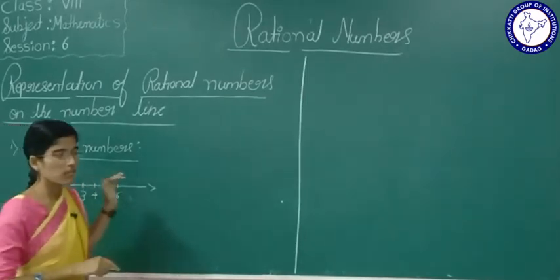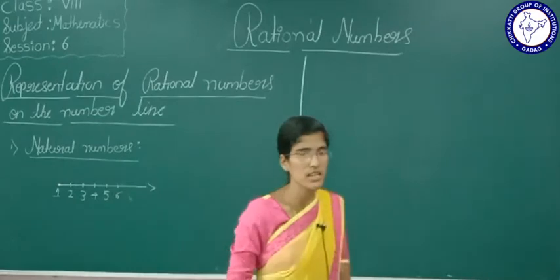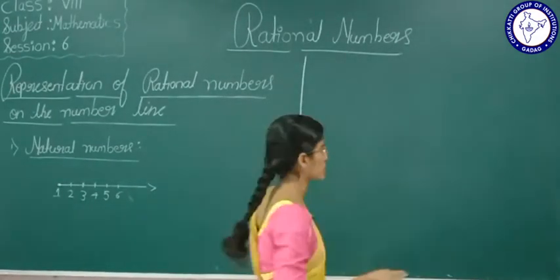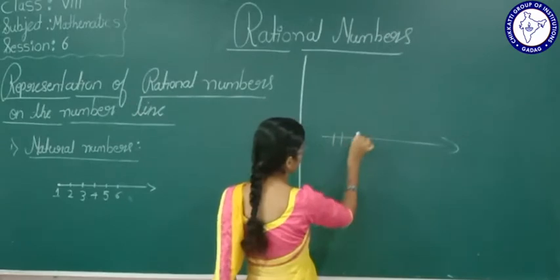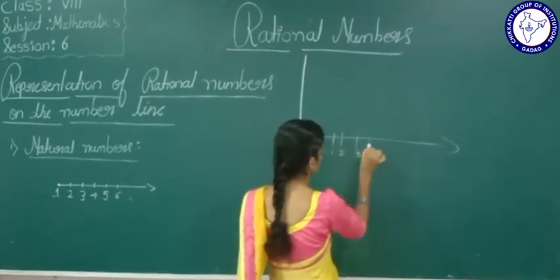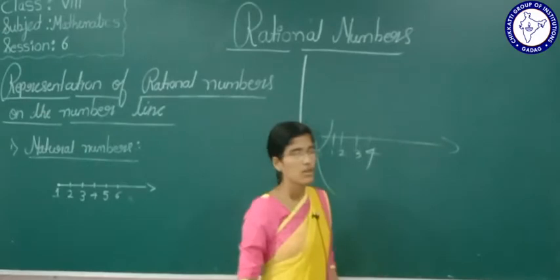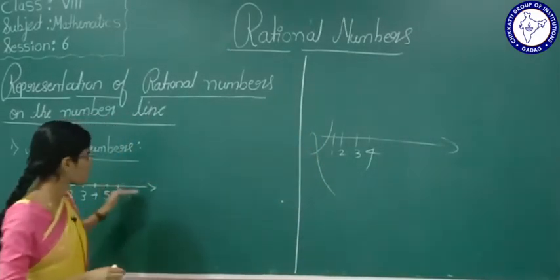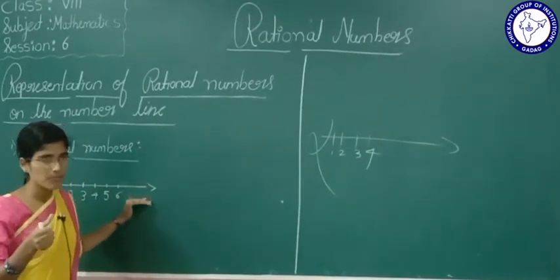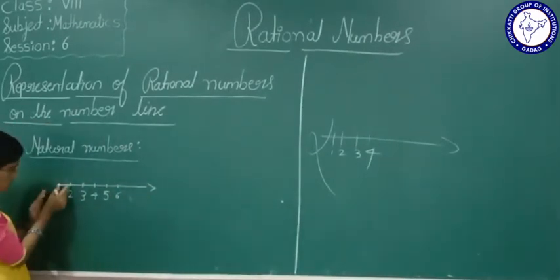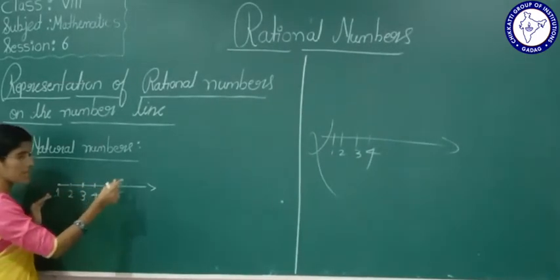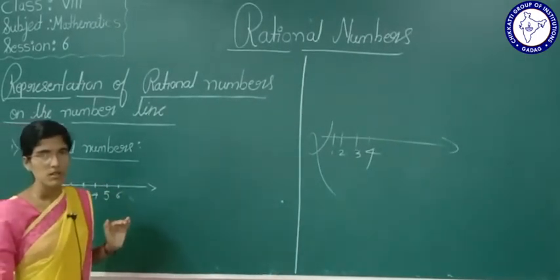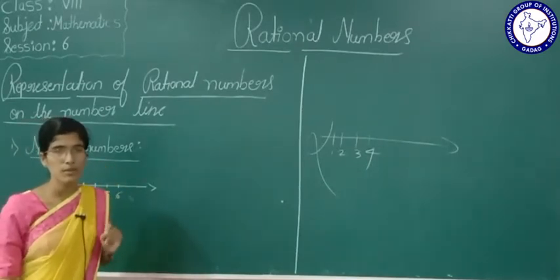Students, I will tell you a very important thing where you will make mistakes. If I tell you to draw a number line, you will just draw a line and keep the points wherever you want. This is absolutely wrong. The first step is that you have to draw a line. Afterwards, how much distance you take is called the unit distance. The same distance you have to maintain everywhere. That is the main thing you have to remember on the number line.